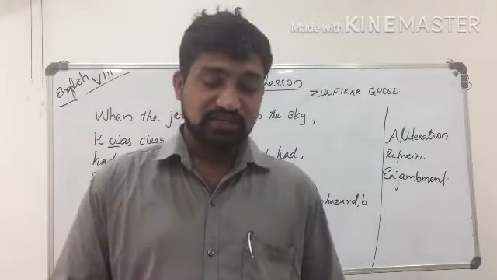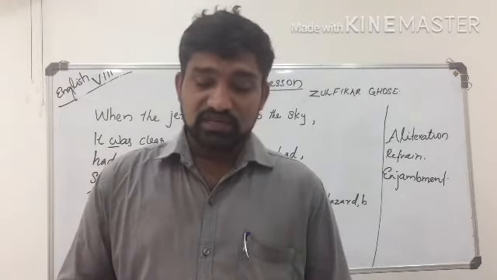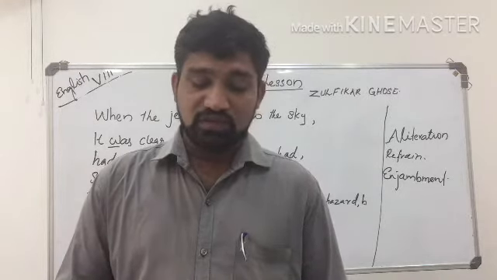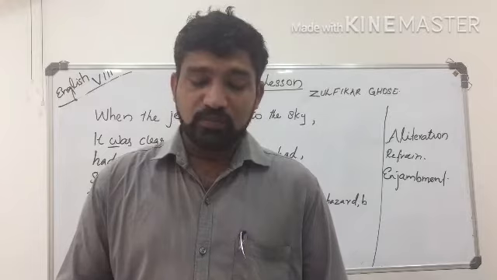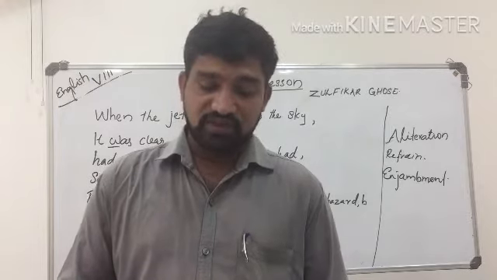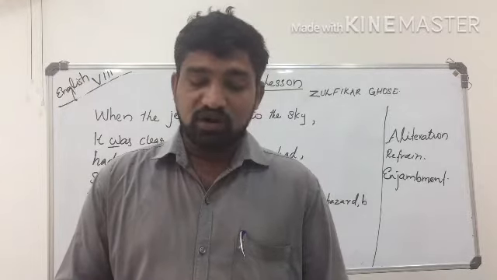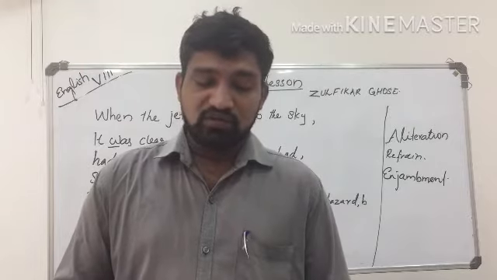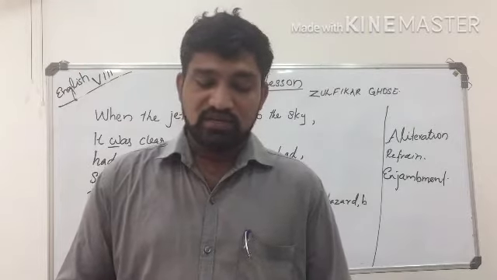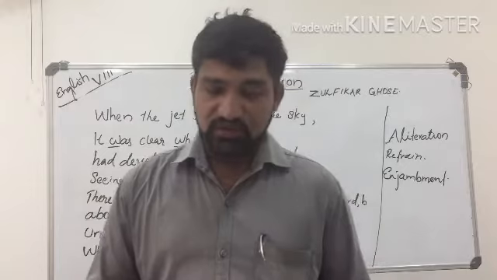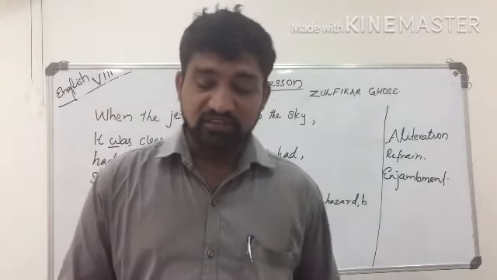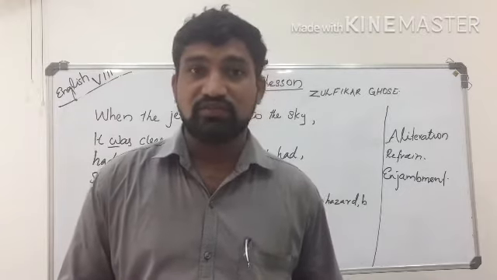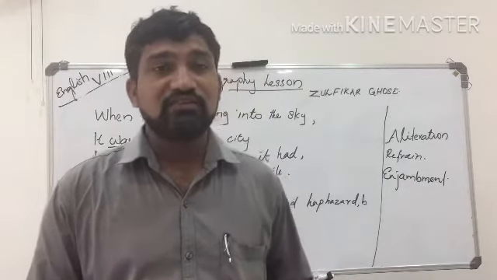Now the next stanza. When the jet reached ten thousand feet, it was clear why the country had cities where the rivers ran, and why the valleys were populated. The logic of geography, that land and water attracted man, was clearly delineated when the jet reached ten thousand feet. Now, the next stanza starts with the line when the jet reached ten thousand feet. Also, this stanza ends with the same line.